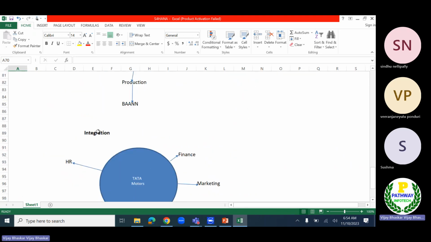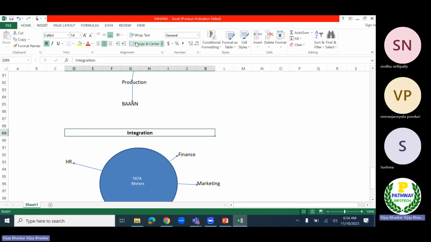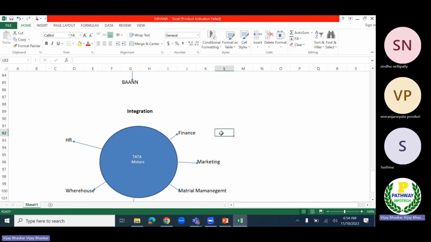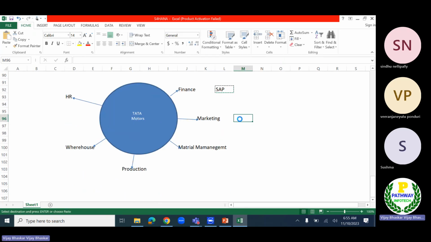Now you can see here, the moment we talk about the integration functionality, nowadays SAP is running successfully because of this reason. What is the reason? SAP has the integration functionality. So here each and every department, now the finance department, is using the SAP application. All the departments, you can see here.